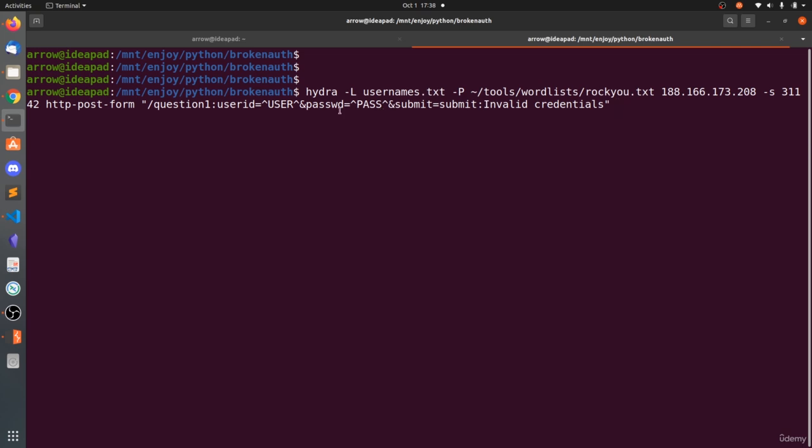So for now I am just quitting this. So this is the syntax: Hydra -L for usernames.txt and -P passwords.txt and the IP address, and if the port